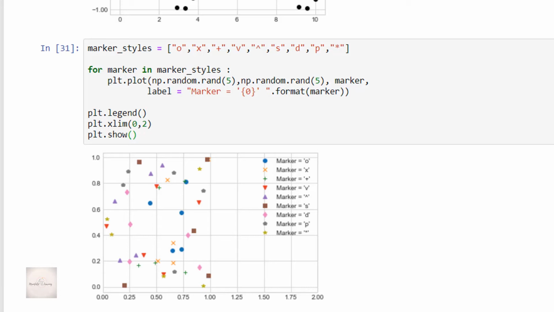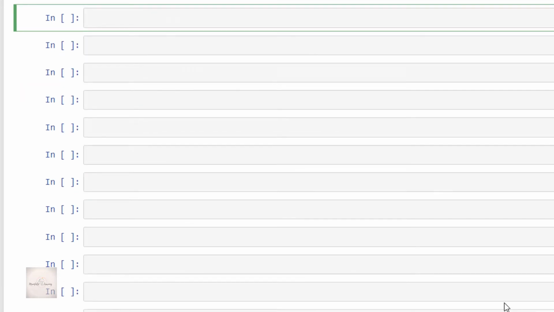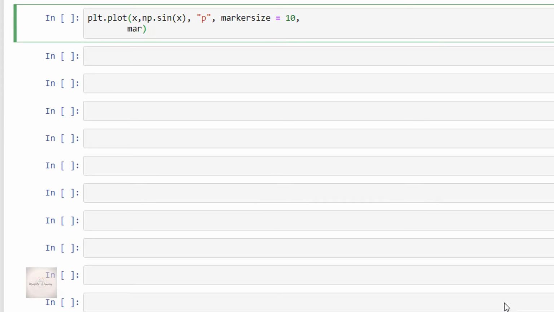So for that, I'll start the coding with plt.plot of x, np.sin of x, 'p', then markersize is equal to 10. And then markerfacecolor, I'll give as magenta.